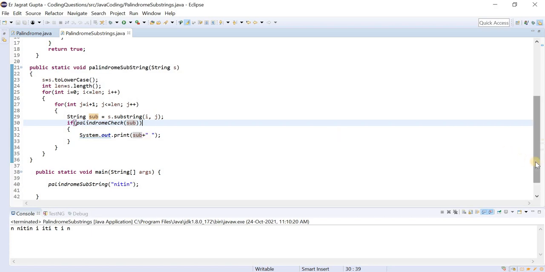At the initial stage this may seem like a tough program, but if you break it into sub problems, then you can see, guys, this is very simple.